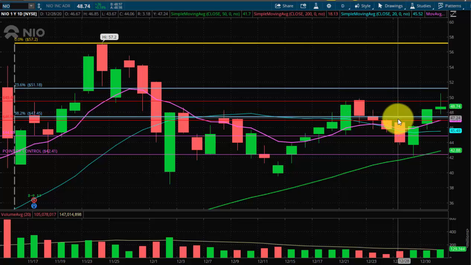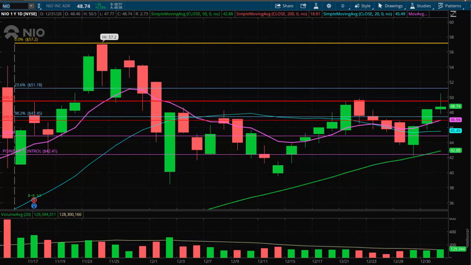NIO is actually a really simple chart, and I say simple because I've simplified it, but it was a pain in the ass when I first started looking at it today. Basically, NIO did not break through and hold 49.45 resistance. That's right here. Okay, that's the problem with what happened on Friday. Let me draw that a little bit better. Okay, the good news, holy hell, does this thing have a lot of support?